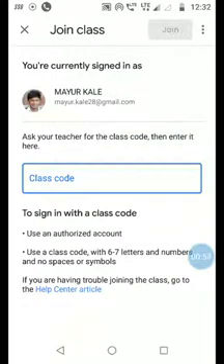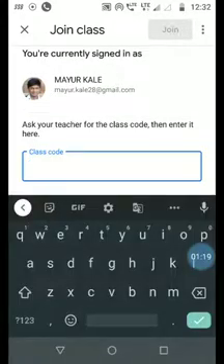After clicking on it, you have to enter the class code. So each and every student will be provided with a particular class code by a particular teacher for the respective subject. Okay, so you have to copy that code and paste it here, or else you can write it here. So I'm going to join Mayur sir as my student to my classroom. So I am putting the code which is provided by me to him.